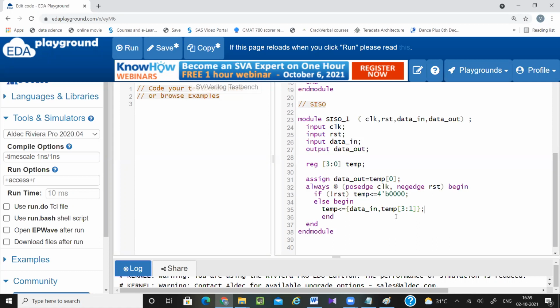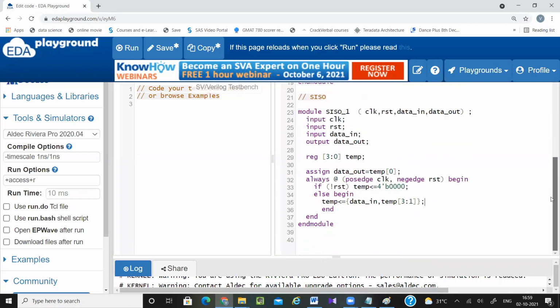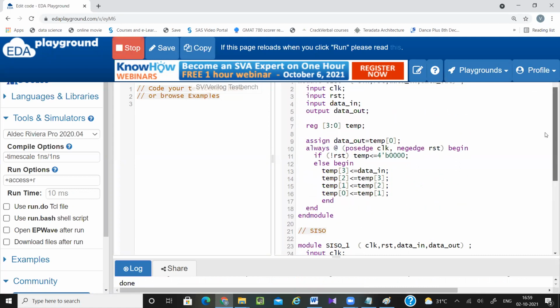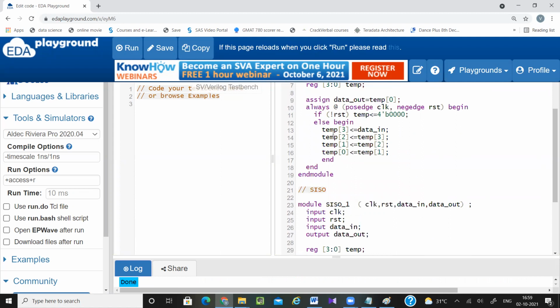Now you can think of this as a reference model and this as my main model. So for both the outputs I have to check whether they are the same or not. If they are the same, then my design is correct. So whenever you are writing a shift register, always try to write in this manner. Because for 4 bit, it's okay, not a problem, but for 8 bit, 16 bit, it will take unnecessary lines of code.